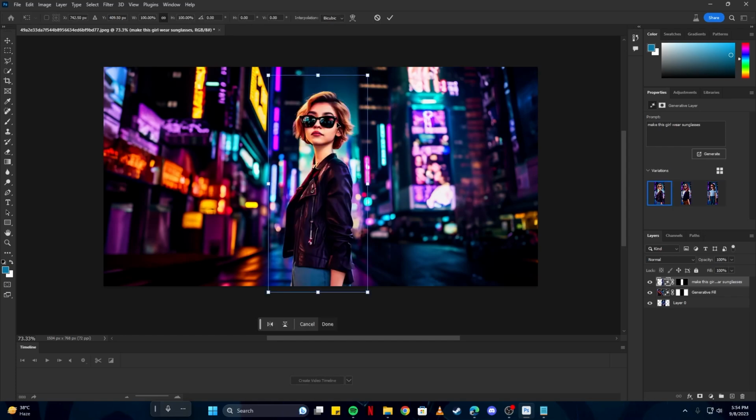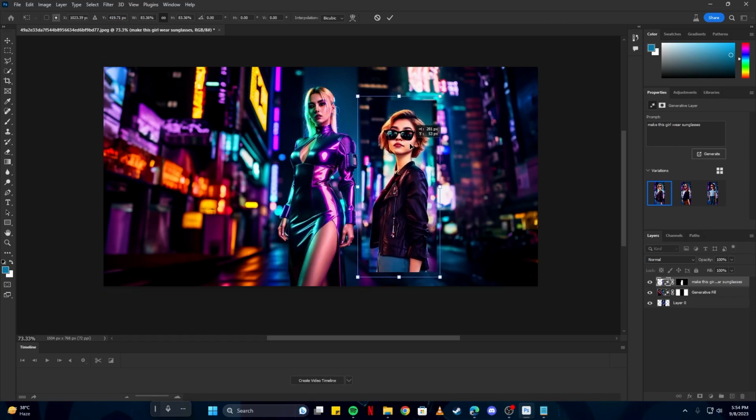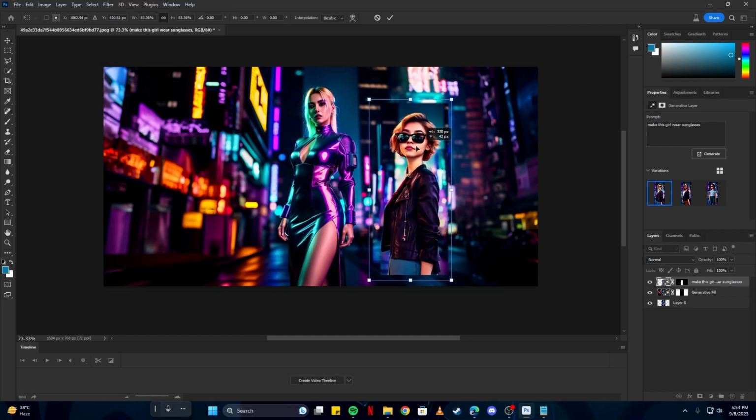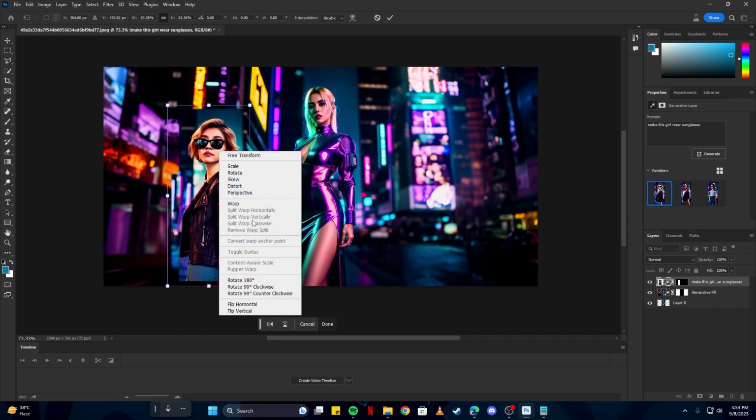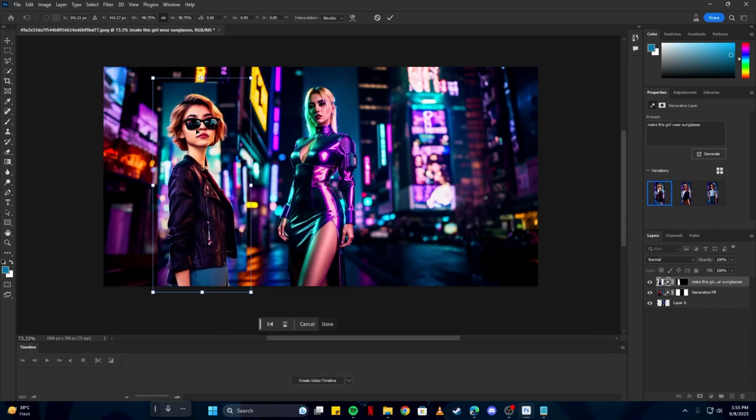And what will happen if you were to change the dimension of this image? As you can see, this is not really blending in with the background. Like, imagine if I wanted to put both of these girls together so they were to be in this background. And for that purpose, we also have a solution, because if you select the layer, you can see there is